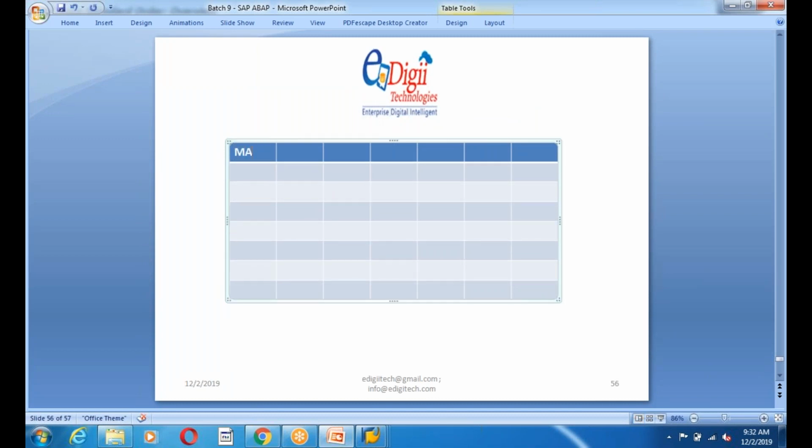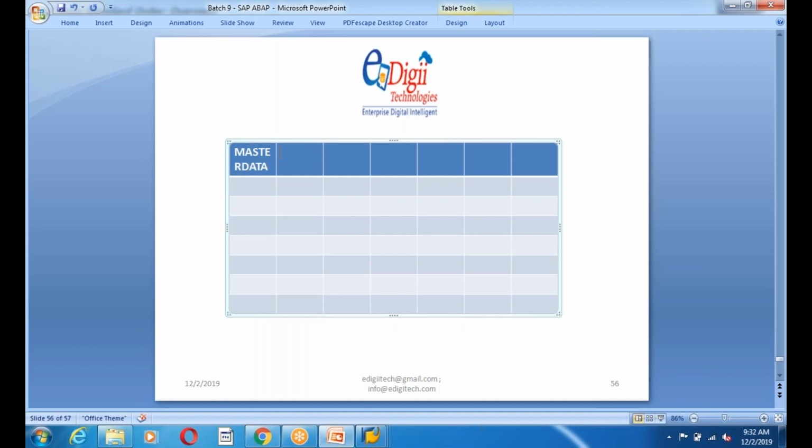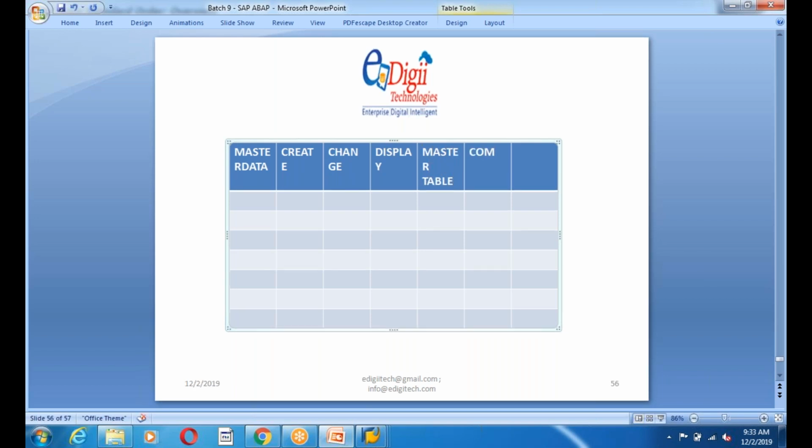What master data are we using? Create transaction code, change transaction code, display transaction code, and master table, company code table, sales org table, and bank table.